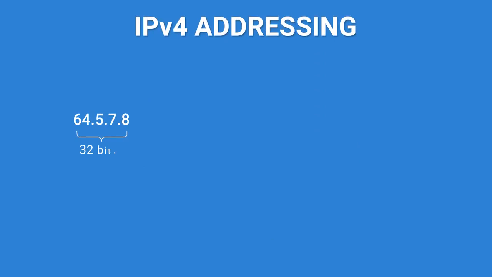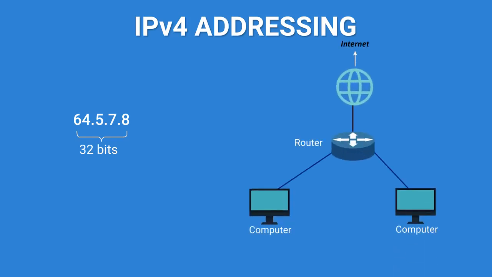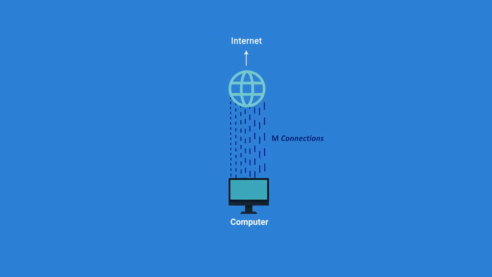IPv4 is a 32-bit long address. It universally defines the connection of a device, for example, a computer or a router, to the Internet. IPv4 addresses are unique. That means each address defines one and only one connection to the Internet. Two devices on the Internet can never have the same address at the same time. Simply put, if a device operating at the network layer has M connections to the Internet, it needs to have